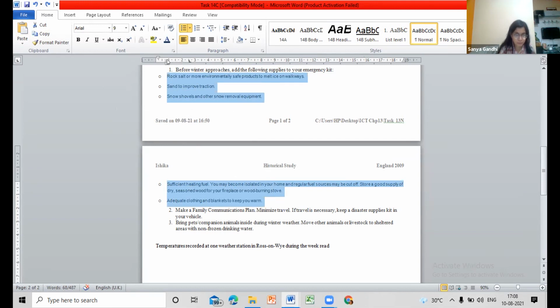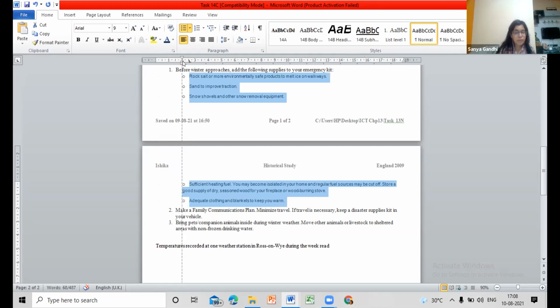Now what do we have to do? Make it serif, font size 11. It's on the 2 now. We require it to be on the 2. It was right earlier. Shift the right one a bit.